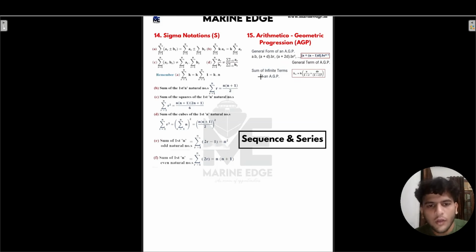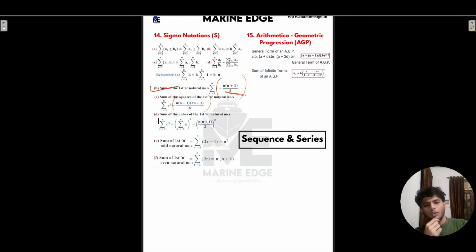Okay, so these are the sigma notations. Sigma notations are also a very important part. So first of all, let us understand the sum of n natural numbers. It is equal to n into n plus 1 (divided by 2), where n is the number of natural numbers you have been asked. The sum of the squares is n into n plus 1 into 2n plus 1 divided by 6, and n into n plus 1 divided by 2, whole square,